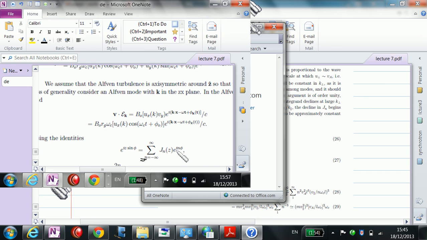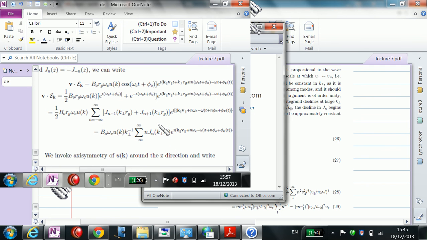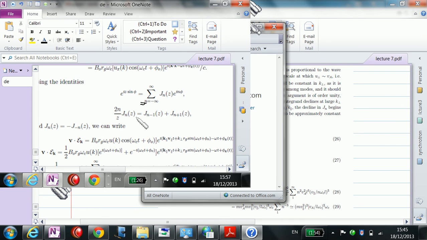So this is like harmonics in the angle. Anyway, I used one more identity here, just a recursion relation for Bessel functions, so that when I had